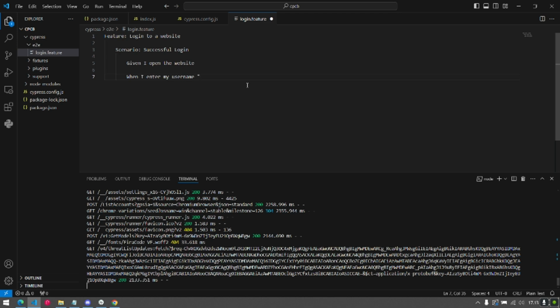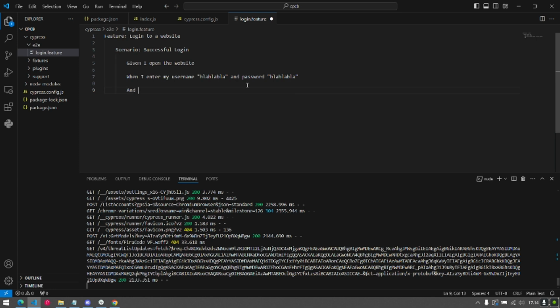You can add your own username and password in here by adding this string. I will add some placeholder values, and the password also.